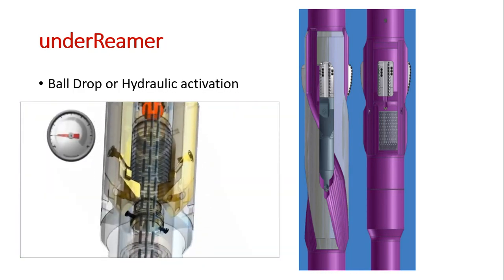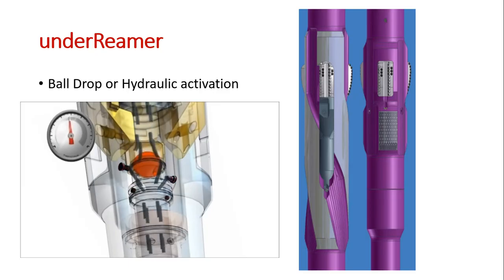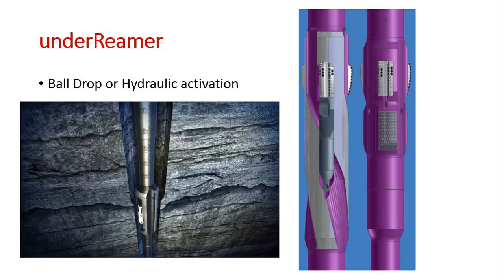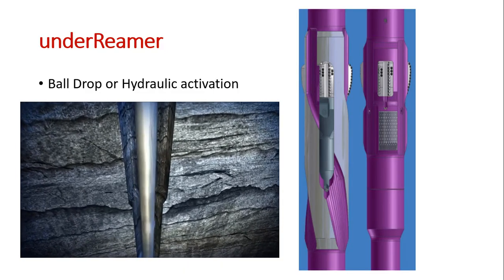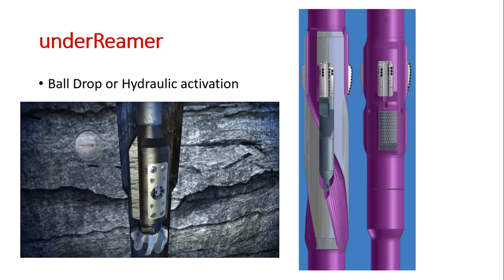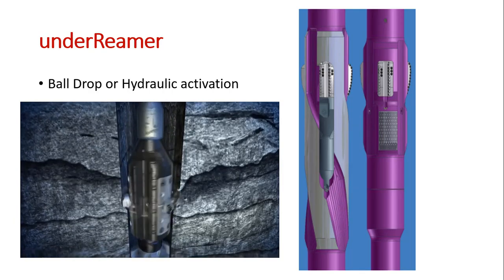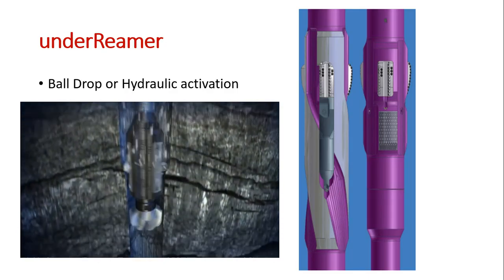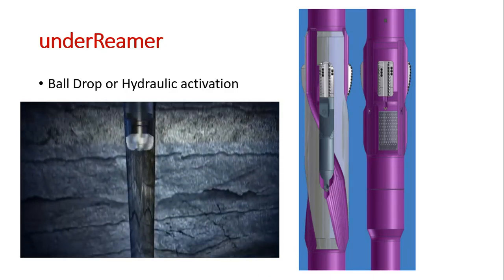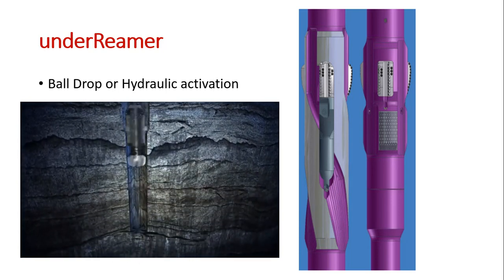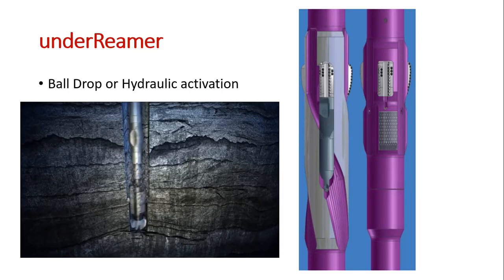A second ball is dropped and pumped down to deactivate the XR reamer and close the arms. The drilling assembly is then pulled back until the TD Ream tool is positioned in the enlarged wellbore above the pilot hole. The TD Ream tool is activated by increasing the pressure drop across the tool in order to shear the retaining pins. After the cutter pistons have fully deployed, reaming of the rat hole commences until section TD is again reached. However, now the rat hole has been reduced from more than 100 feet to less than 3 feet.